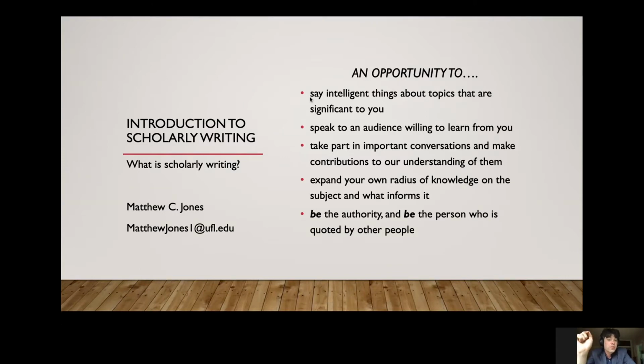That can be your favorite sports team, your favorite music, your favorite musician, your style, your fashion, your interests, right? So it's an opportunity to say intelligent things, to change people's ways of understanding and thinking about all of these topics, right? And again, we'll focus on the form of writing, but the actual act of being persuasive goes beyond that, right? So this isn't just for your homework assignments, but for any opportunity to expand somebody's radius of understanding about something that you know more about than they do.